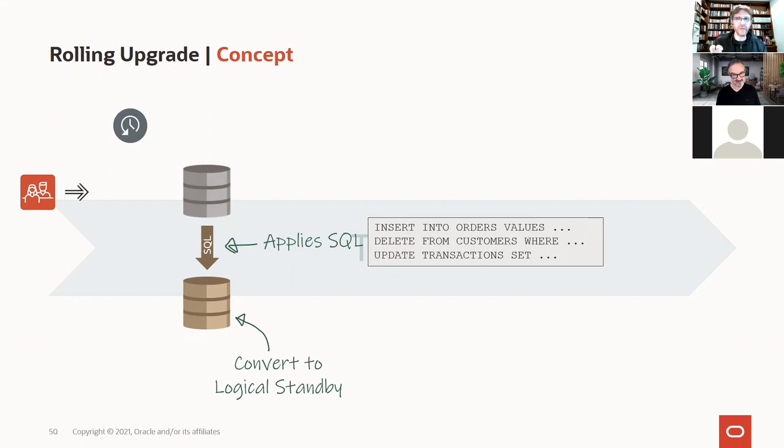This is logical replication, so it will not be possible for every database, but I would say most of them. And once it is in sync with the SQL modifications, so we are not talking about block modifications, but really statements that modify the data,